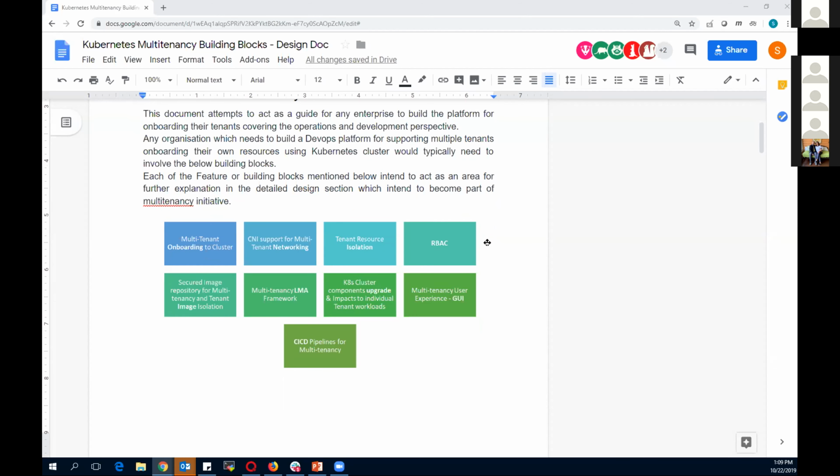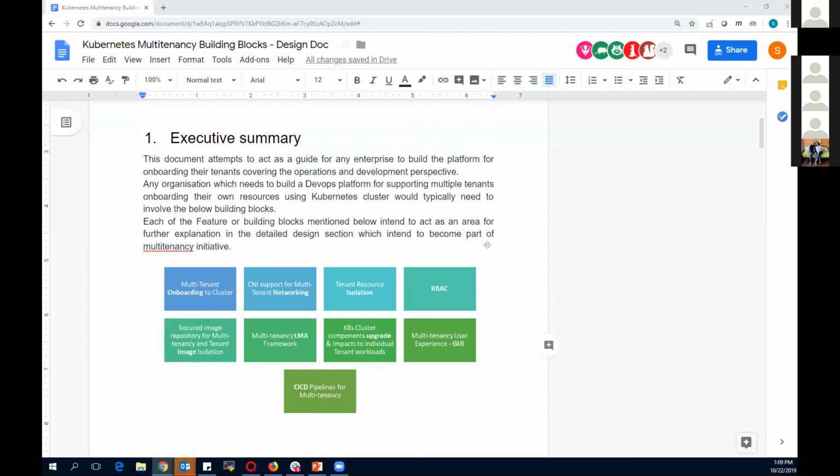Can I just ask a quick question about that? You mentioned the tenant CRD before. If you're using the tenant CRD, I assume that you would be relying on that for most of your RBAC. Is that the idea? Yeah, that is correct, Adrian. But the main idea is that if we want to focus on any particular area, we should have a building block where the associated criteria and requirements are clearly outlined. So we know all of these together make up the multi-tenancy. That was the idea behind it.